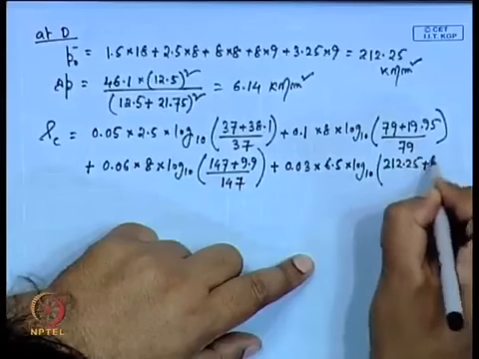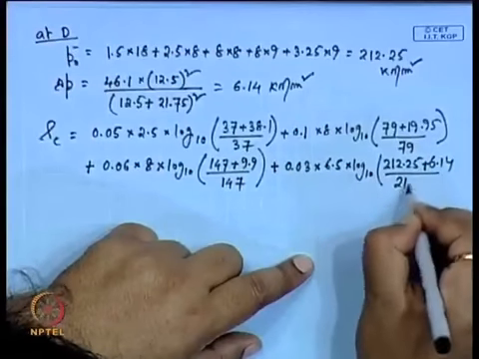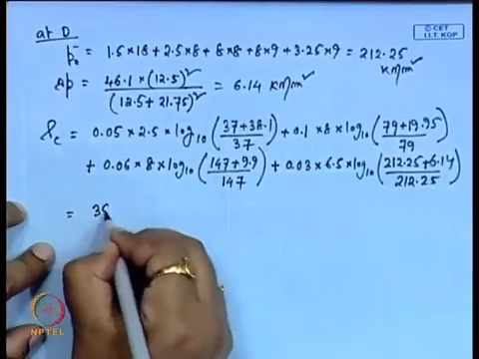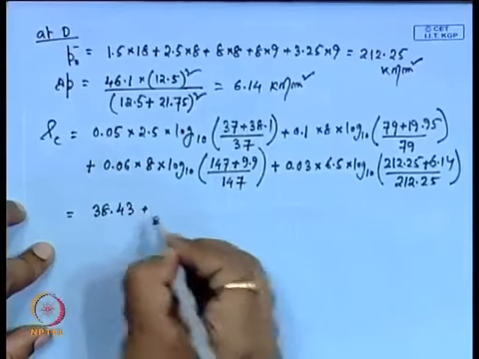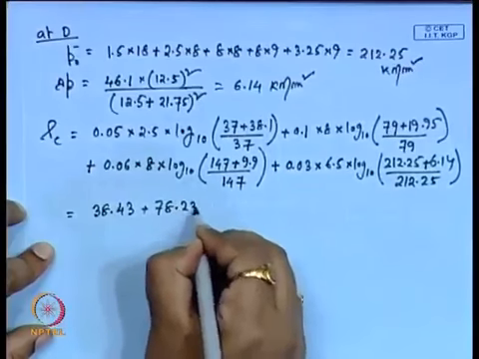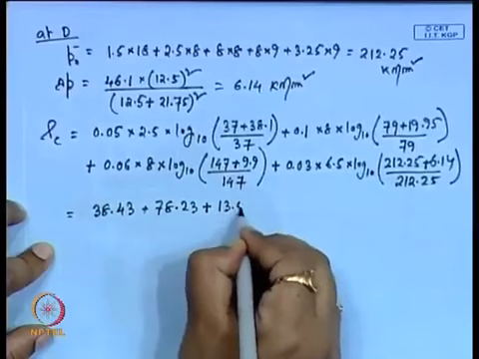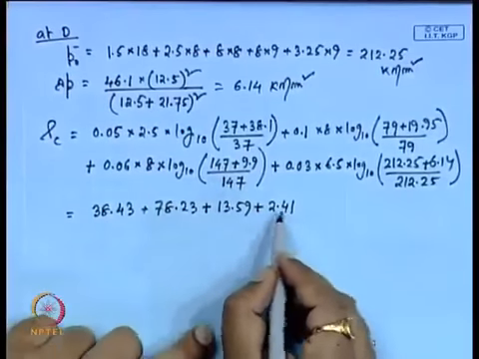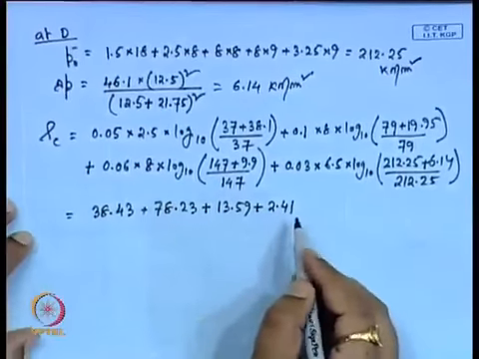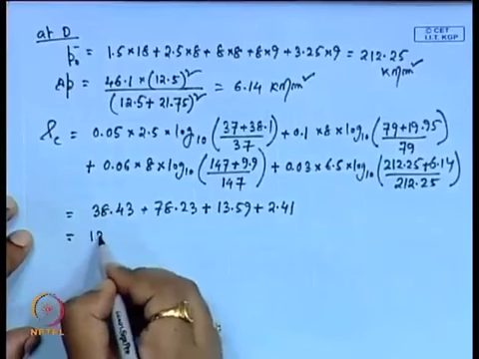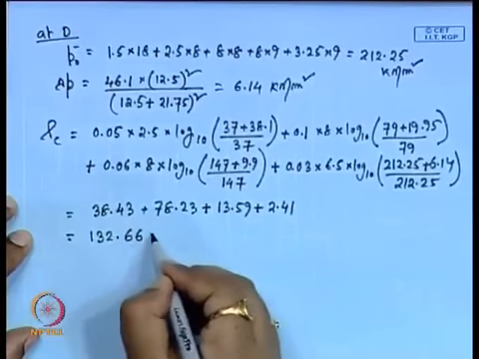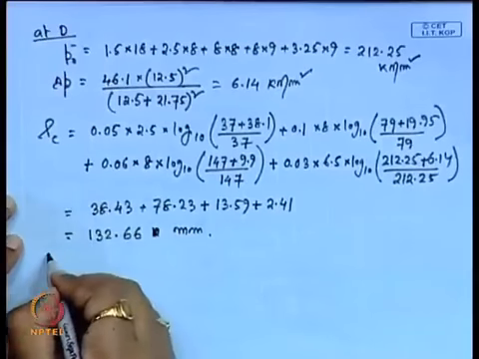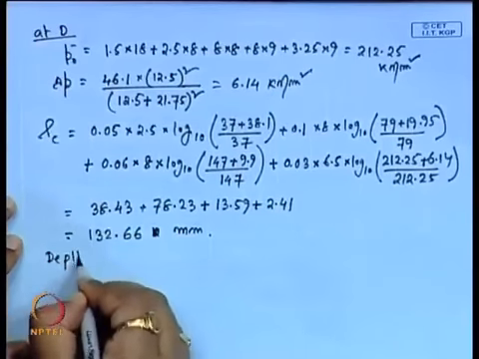212.25 plus 6.14 divided by 212.25. So, the individual settlement for each layer is 38.43 plus 78.23 plus 13.59 plus 2.41. So, we can see the last layer, this thickness is very negligible. So, the total one is 132.66 millimeter. Now, the correction factor here also, the depth correction factor